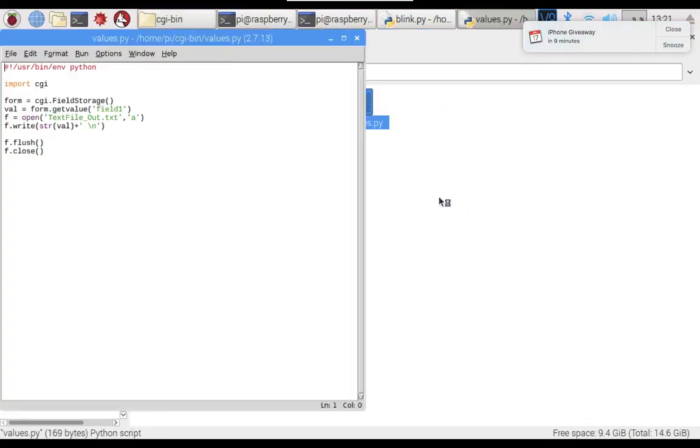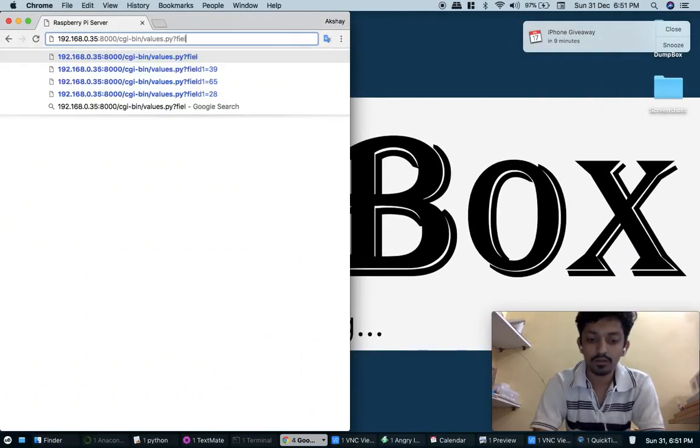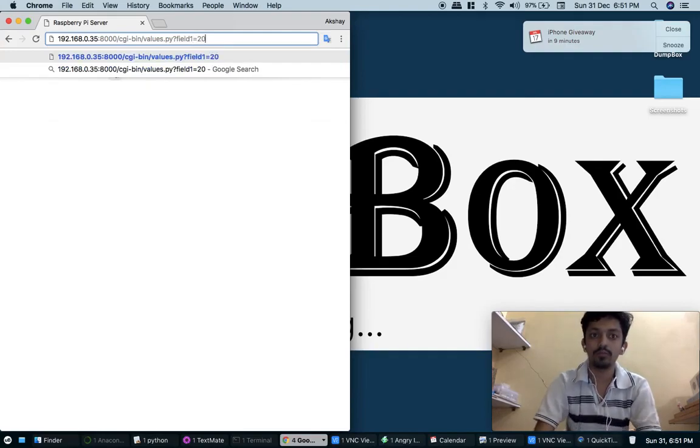The name of the parameter is field1, and then equal to whatever value we put. So field1 equal to whatever value I will put: 20, 30, 40, 50, and we will see what happens. So I'll hit enter.